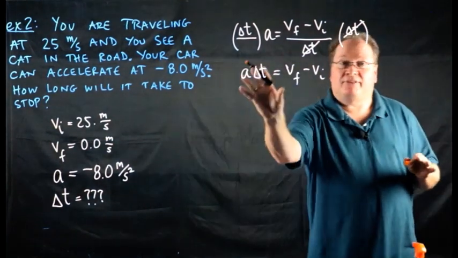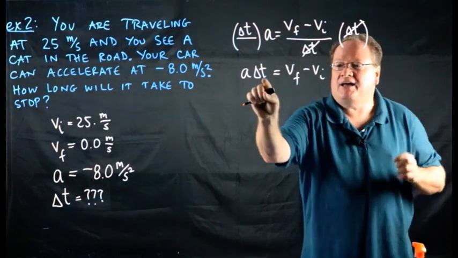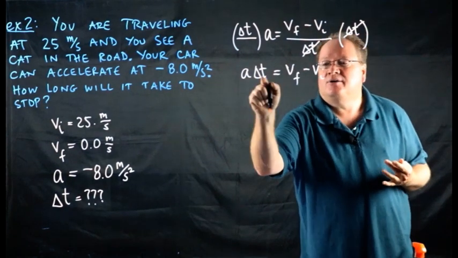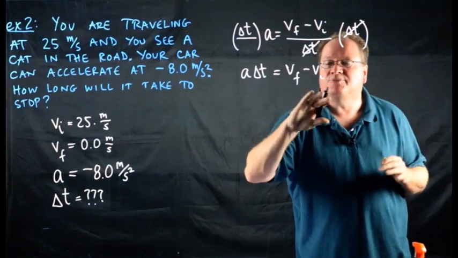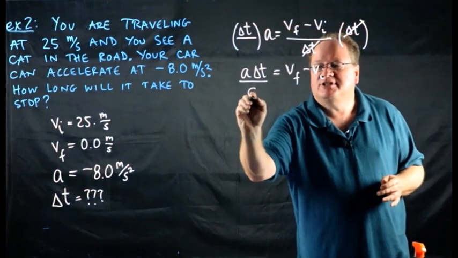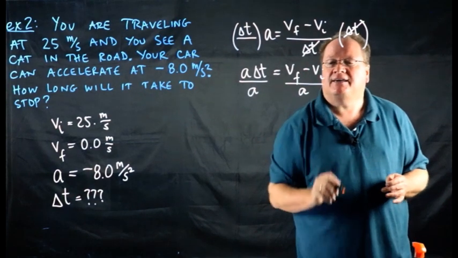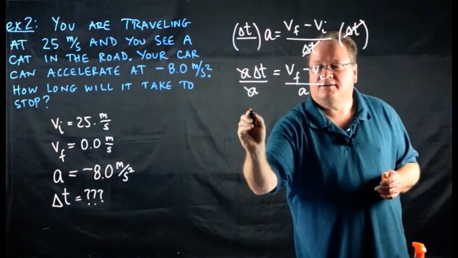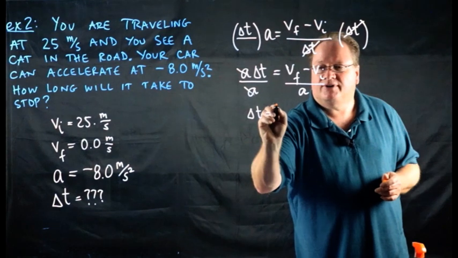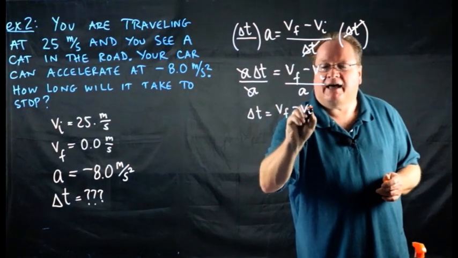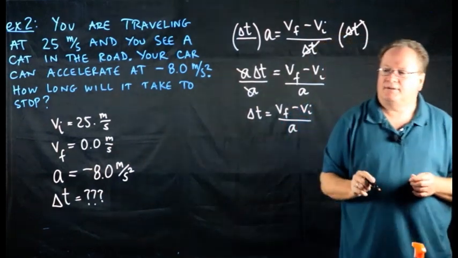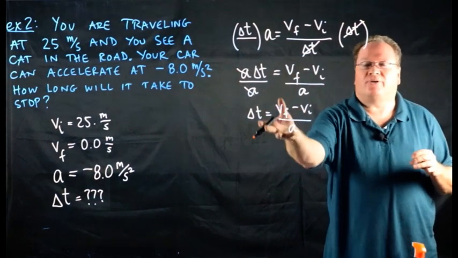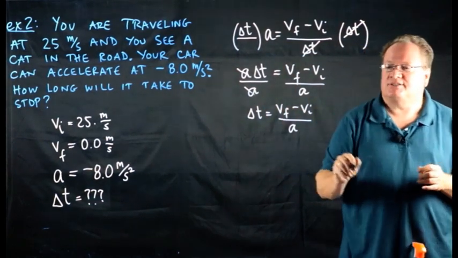Now, the problem is, I've gotten rid of the fraction, that's great. But I haven't isolated delta t yet. So unfortunately, we're going to make a new fraction here, but we're going to do it so we get delta t by itself. To do that, I'm simply going to divide both sides by A. If I do this, A cancels on this side, I'm left with delta t. And we can say that delta t equals VF minus VI over A. Now, how am I going to know that I did this algebra correctly? It's in the units. You guys will see in just a second.